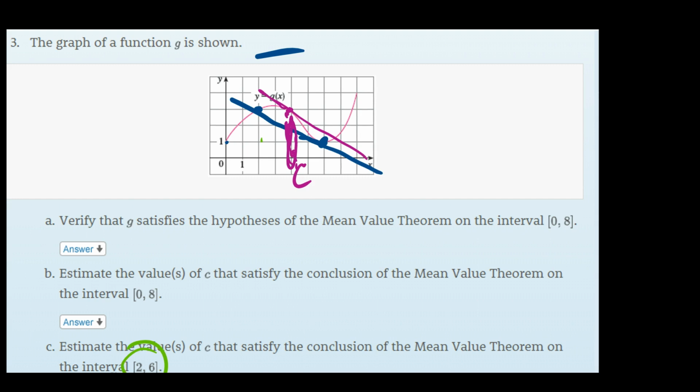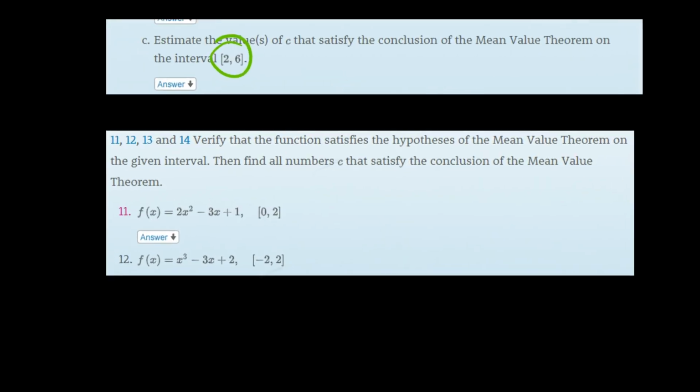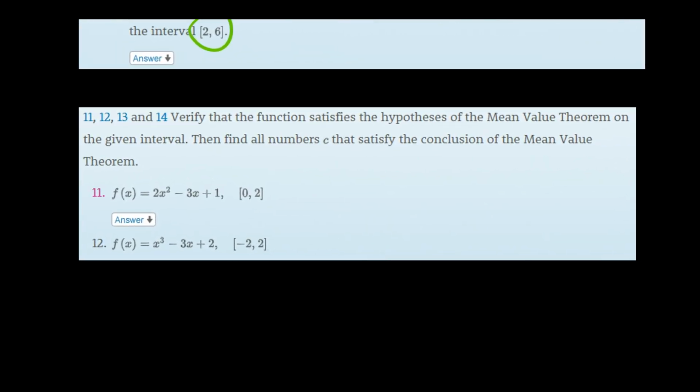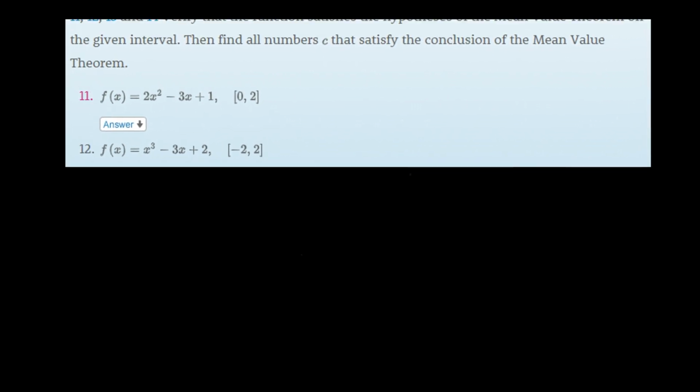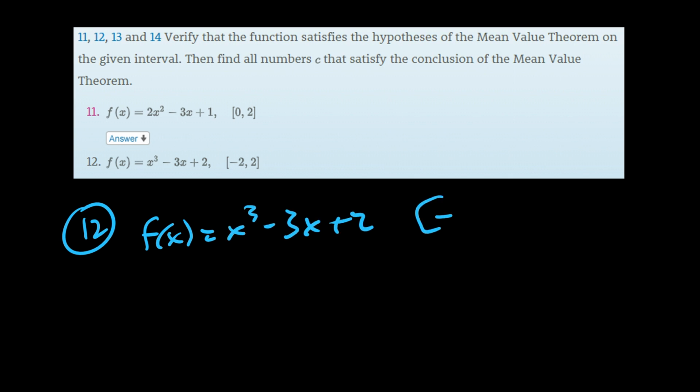All right, so let's move on to an actual problem. How about this one here? Verify that the function satisfies the hypotheses of the mean value theorem. Let's try 12. 12 seems harder. So let's see here. So 12 is f of x equals x cubed minus 3x plus 2, and we're looking at negative 2 to